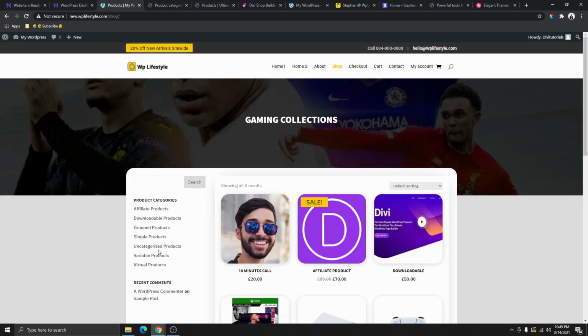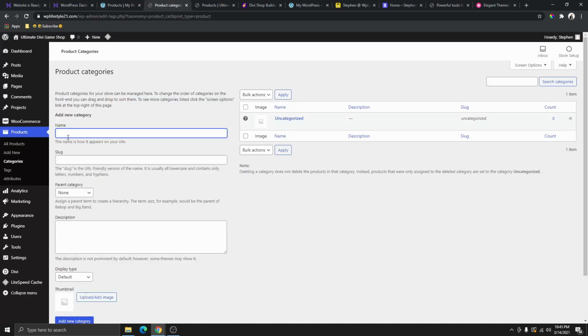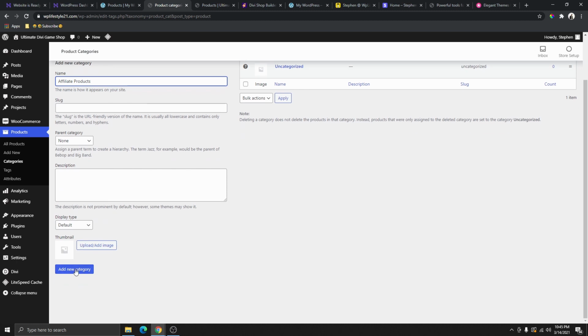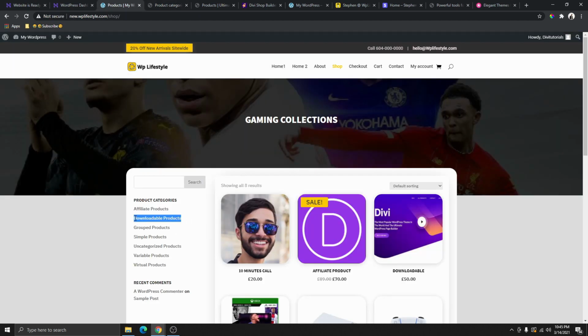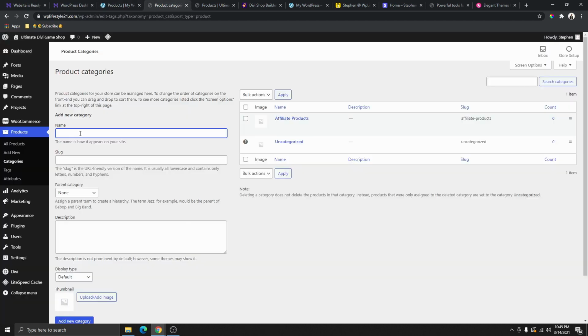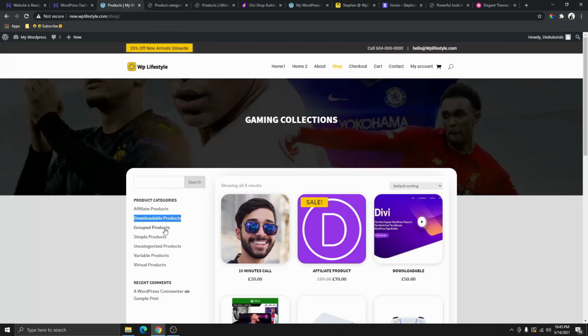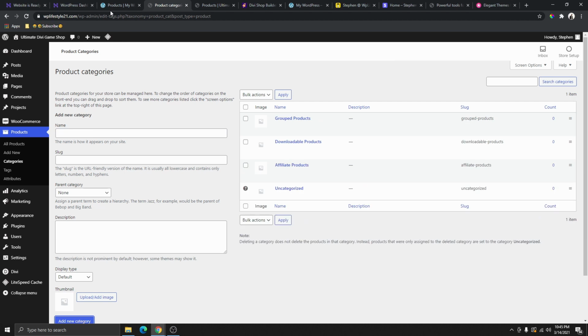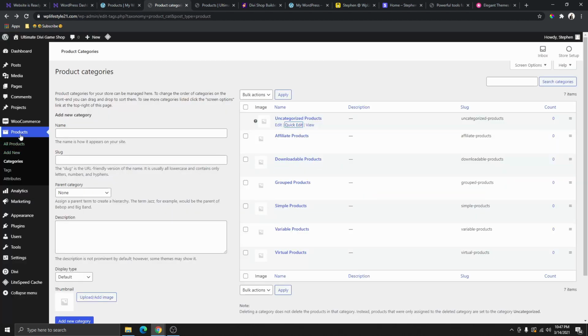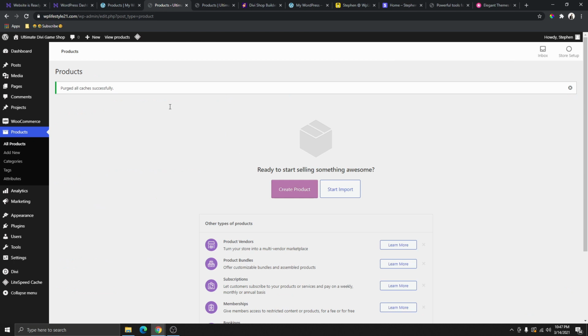So I'm going to go here and copy these categories right here. So I'm going to grade the affiliate products, and then I'm going to paste it in here, and then you can click on add category. So now you can see that we have an affiliate product category over here. And then I'm going to go back here and copy the downloadable products, and then I'm going to paste it here and click on add category. And then I'm going to go back here and do the same thing, copy this one, and then I'm going to paste it here and click add category. So now that we have that, we can head over here to products, and now we can start grading a